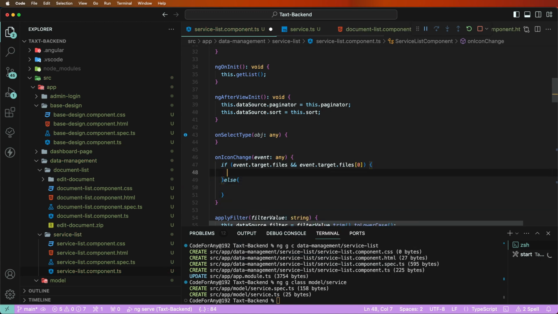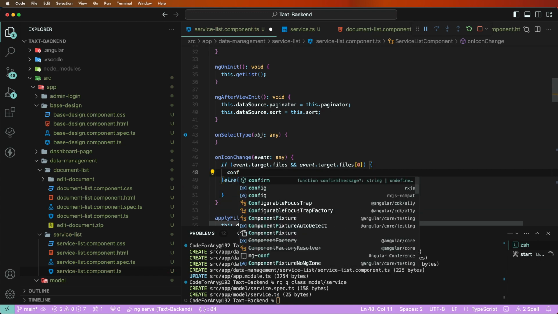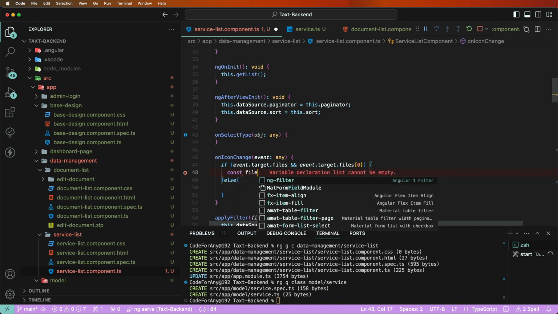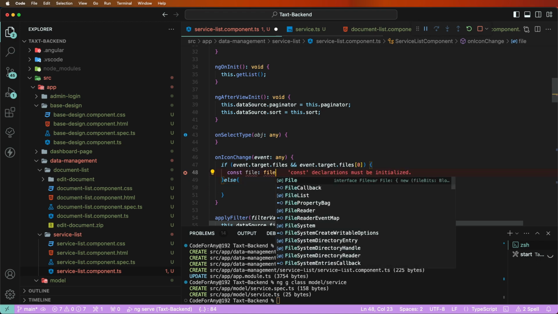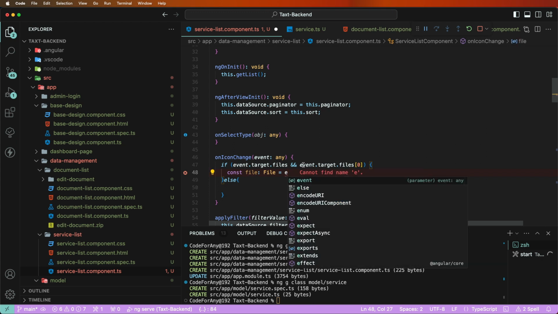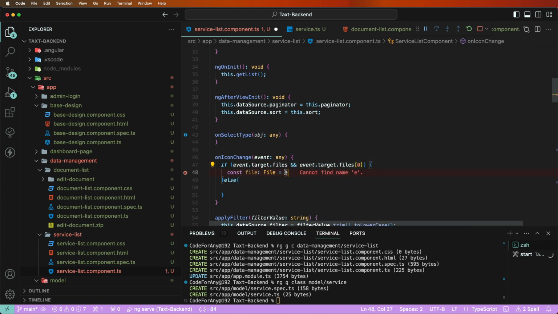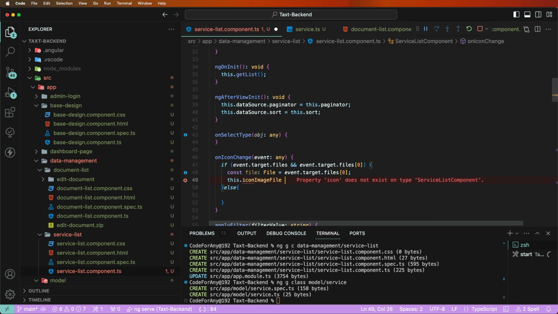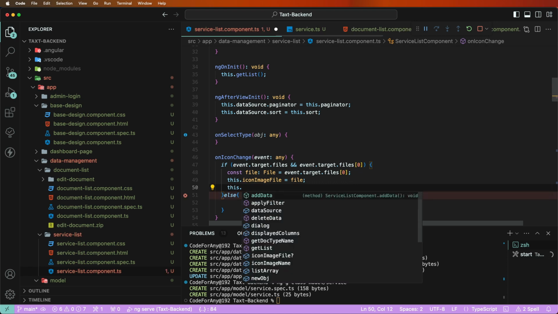Like this calls here and to copy these files here and to select file. Also need to this dot